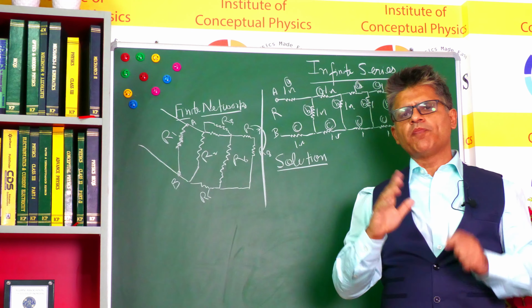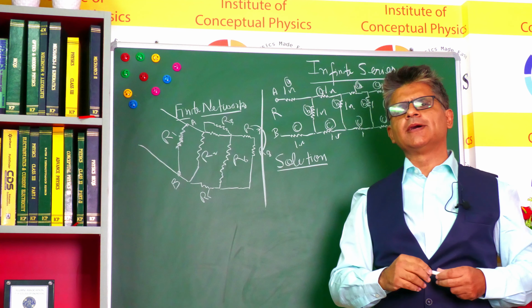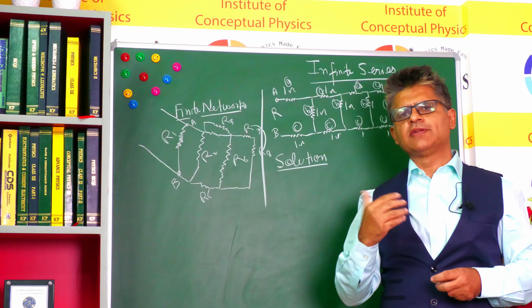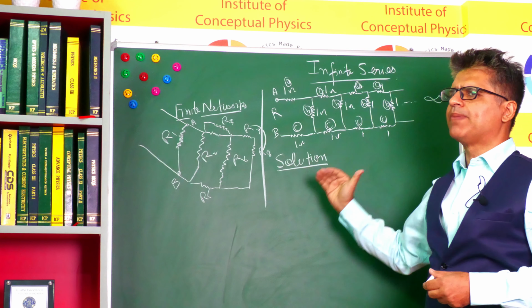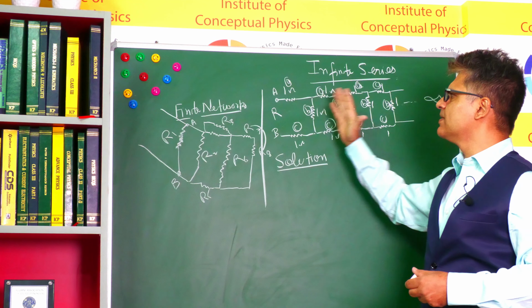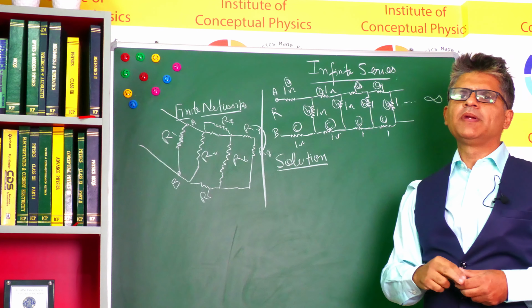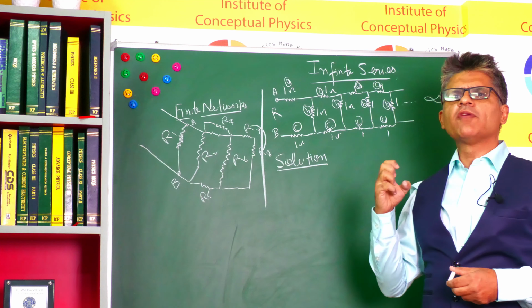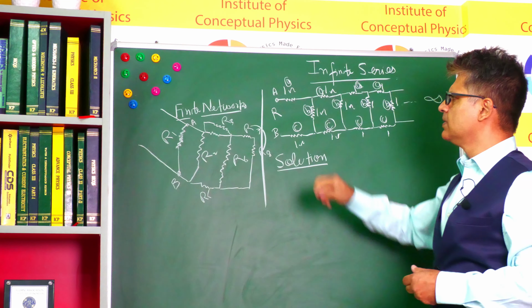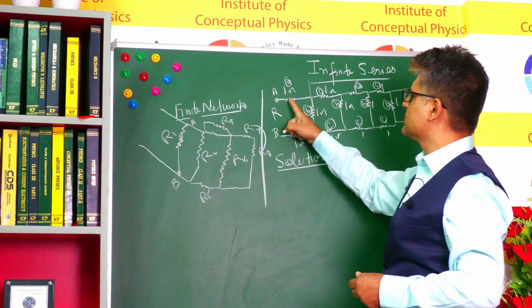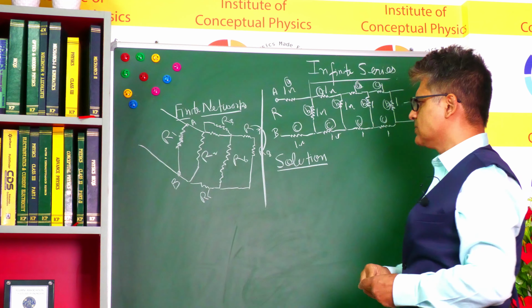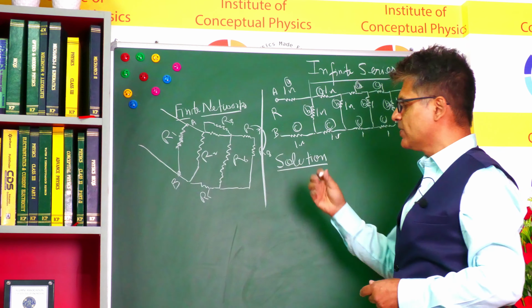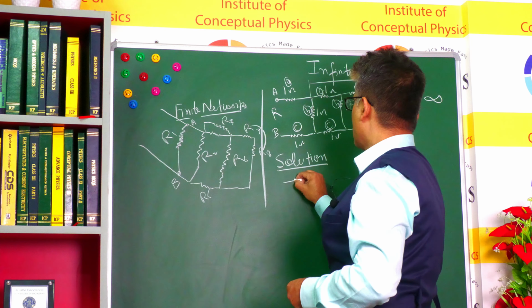And so when you do more complicated infinite network problems, the first step you have to do is to identify the repeating pattern. Now, since this is an infinitely repeating pattern, remove one of them, which is maybe one A, B, C. The answer will not change. So if you think like this, what is happening is you draw